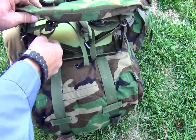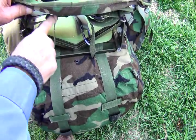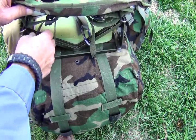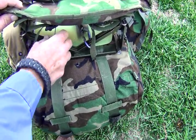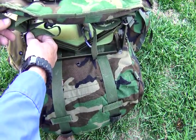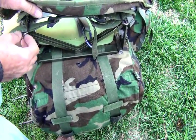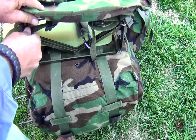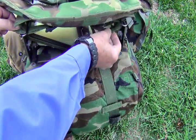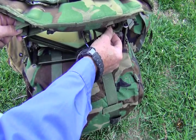But what I do is the buckle that's back here, I run it through the bottom one, through the other buckle opening, and then back out. That way you can take this strap, run it back through here, run it through this side right here where it's attached on these big rings, and then you can take and pull it tight, and that tightens it down. Do the same thing to the other side, do one strap at a time and pull it tight,